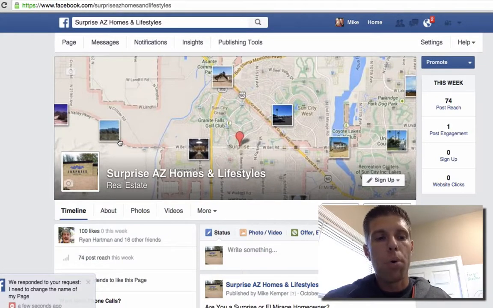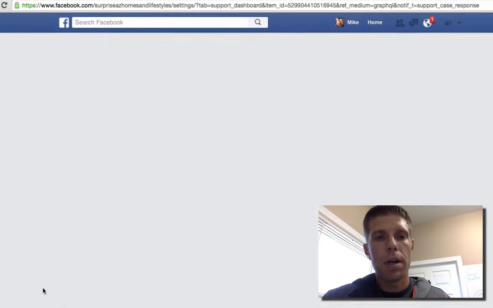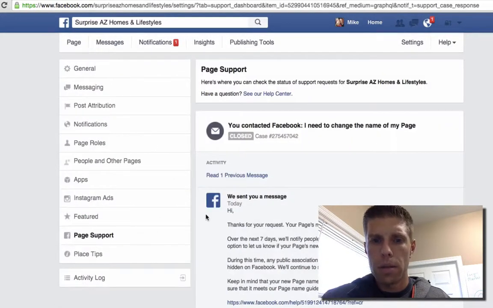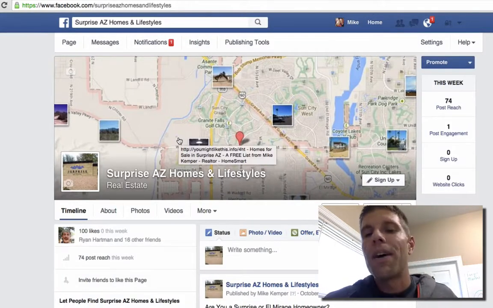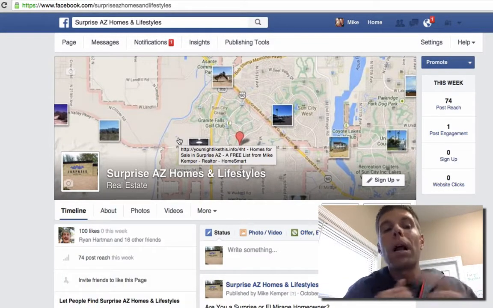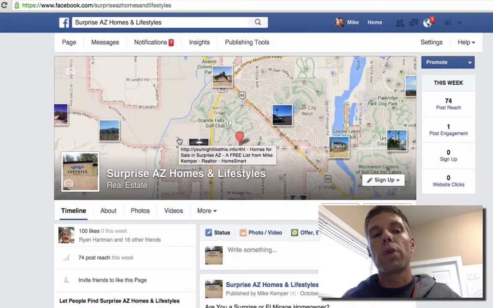Okay? Really important. It looks like they already responded, and it's been changed. Look at that. Beautiful. Surprise AZ Homes and Lifestyles. We're good. That's cool. So what I was saying is it's critically important that you have really high quality imagery,